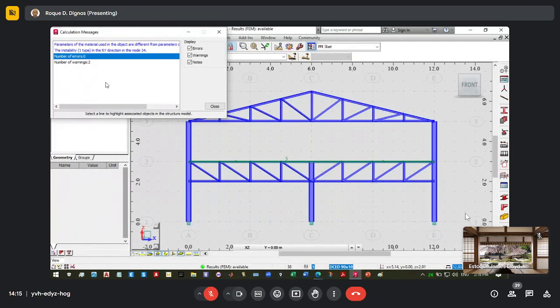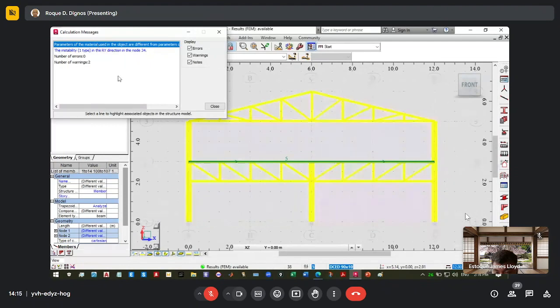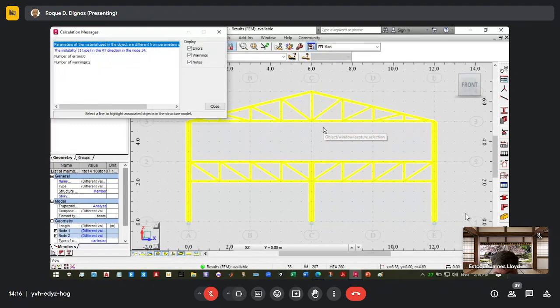So in order to find which one, we click the first warning, and it says that your default, which is American code, does not match with the section that you have used because we use the Euro code, but our setup is American code. There's no problem with that because what governs is the section that you use. So no problem with that.